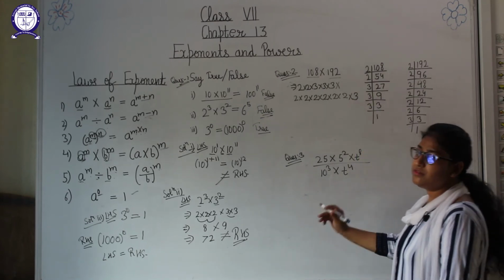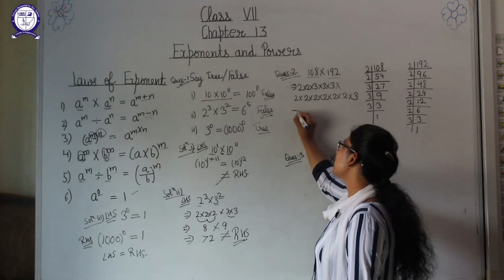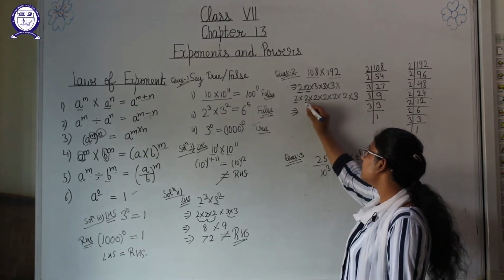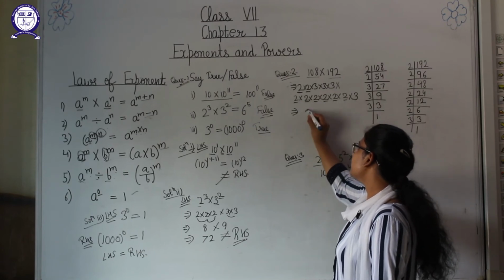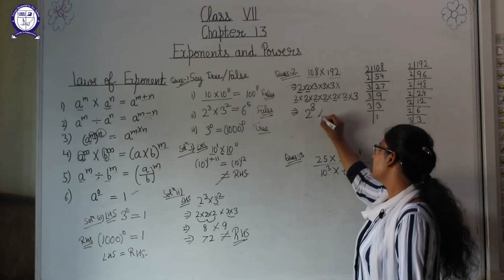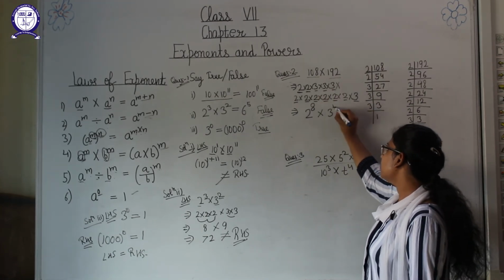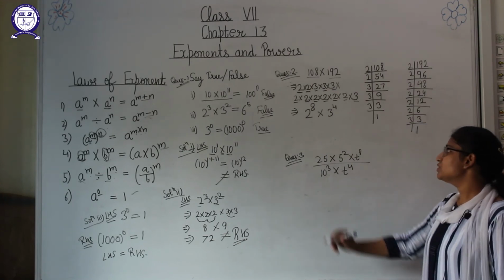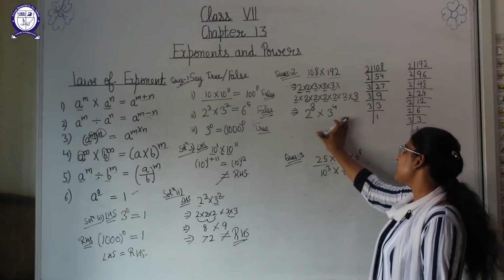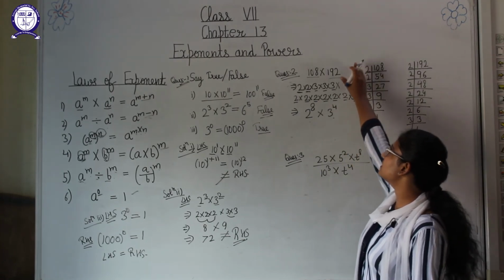Okay, now students, if you see here, 2 and 3 are the only prime factors which are occurring again and again, means we can tell about their powers. Here 2 occurs 1, 2, 3, 4, 5, 6, 7, 8 times. So we can write 2 raised to the power 8. Similarly 3: what will be the power of 3? 1, 2, 3, 4. The power of 3 will be 4. Like this we have written these two in the form of a product of prime factors, as 2 and 3 are prime factors, and 2 raised to the power 8 and 3 raised to the power 4 is the answer.